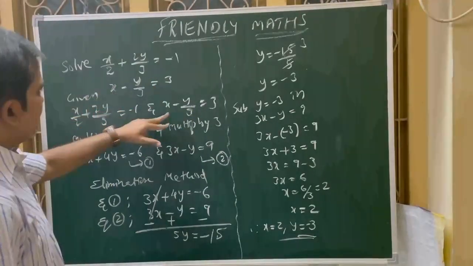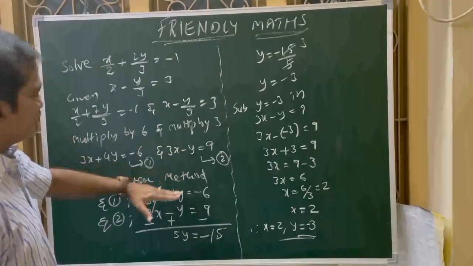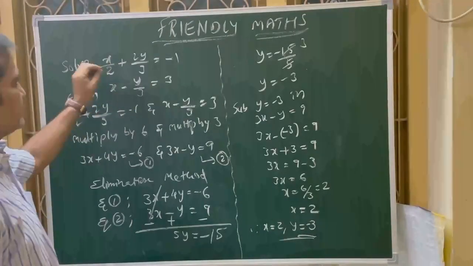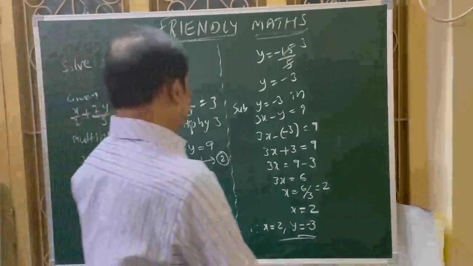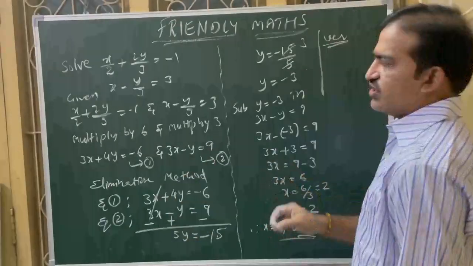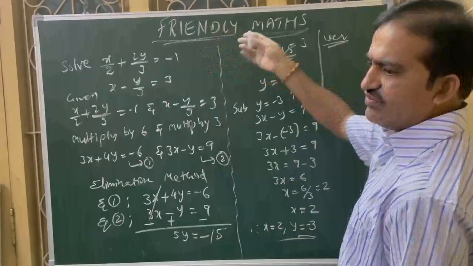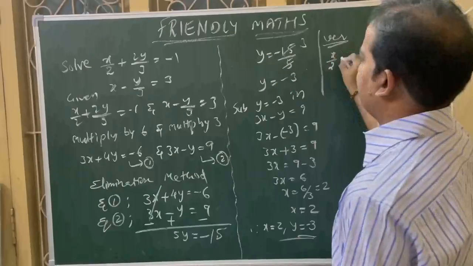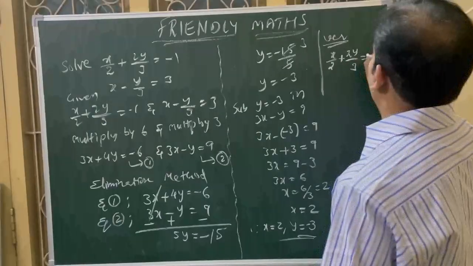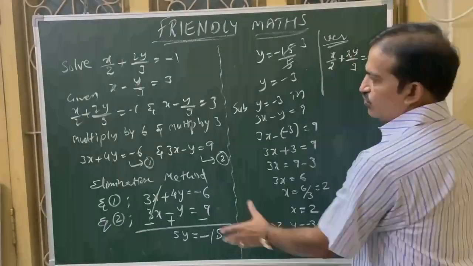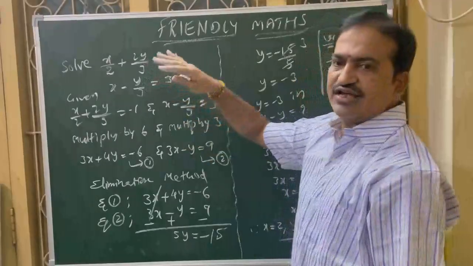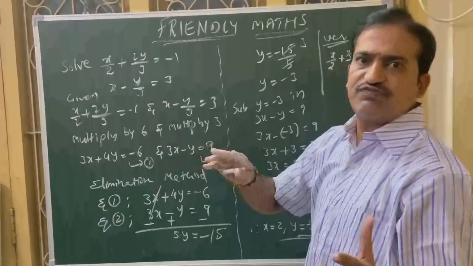If you make any mistake converting to this form, then if you substitute here, it will still look correct. That's why I want to verify from the beginning. What is the given equation? There only I am going to substitute. Now, verification I am doing just to check whether our answer is correct or not. If they ask particularly, then we have to do it. Otherwise, it is not required. But I am verifying. Suppose any objective question gives these answers directly, no need to solve in this method. Just verify. It should satisfy both the equations, then it is correct. That means it is the common solution for both.